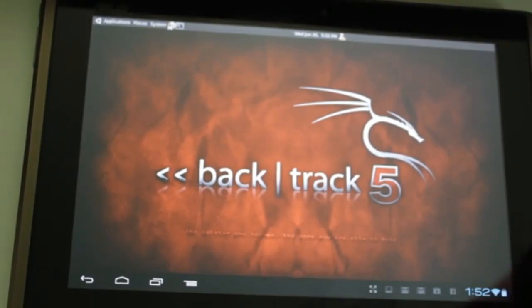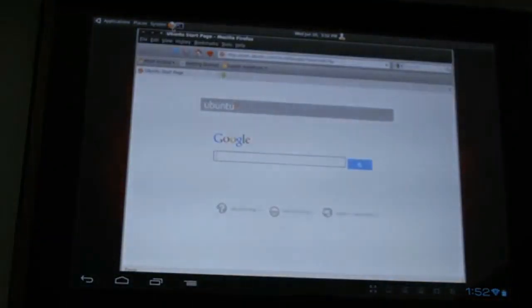Now, I know someone's going to ask, can I use this to crack WPA? The short answer is no, because of the driver issue. However, I was reading on some forums, and apparently if you did connect an external wireless adapter that's capable of packet injection, then you could, in theory, monitor network statuses and